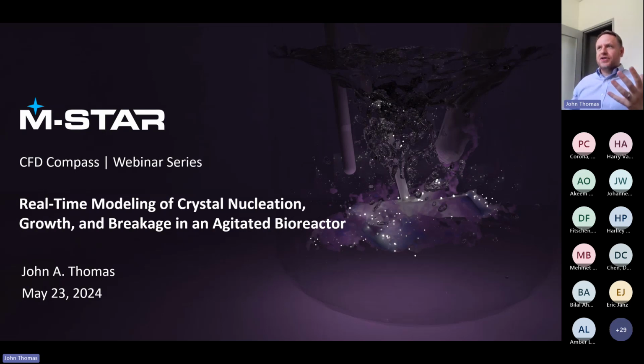Now we think about these models, the types of physics we include in these models, and how we can attack them. This field is so diverse, I'm going to end up leaving everyone unsatisfied at the end of this, because everyone has a very custom kind of crystallizer, or they're going to have some sort of inline wet mill that's controlling particle size. We could spend days talking about this topic, but foundationally, what I want to elucidate and talk about is